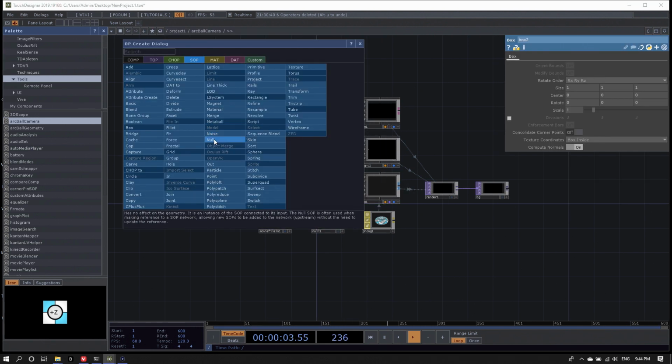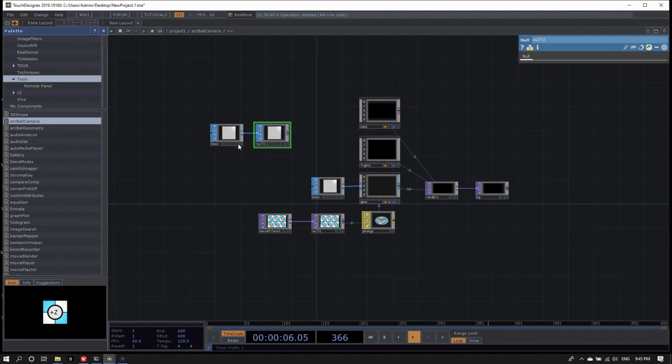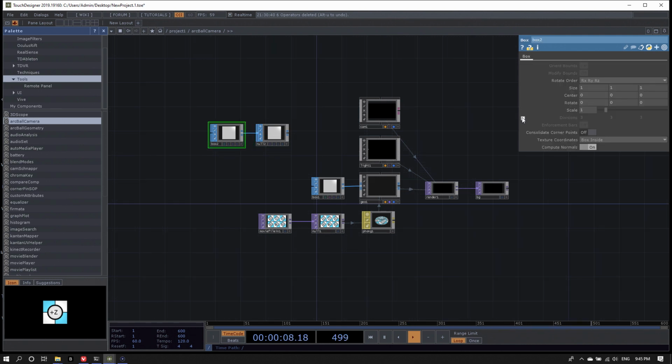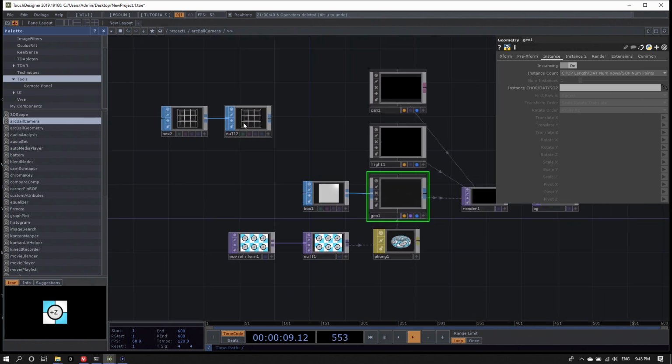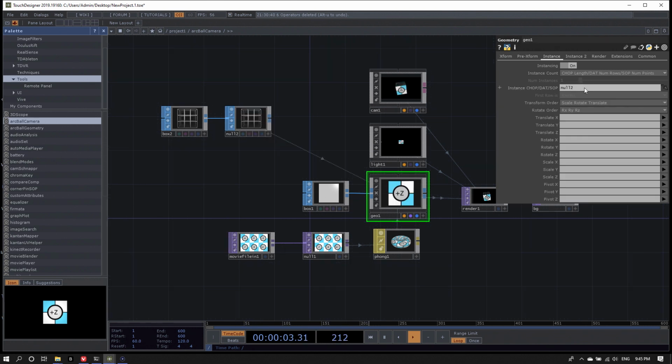And I'll just append a null to it. And now turn on the box, turn on divisions, 3 by 3 by 3, that's great. And let's drag this null sub that I appended onto the box sub onto the instance chop/sub parameter.